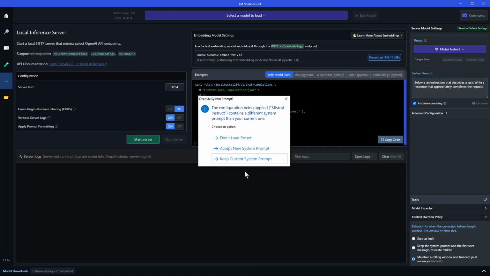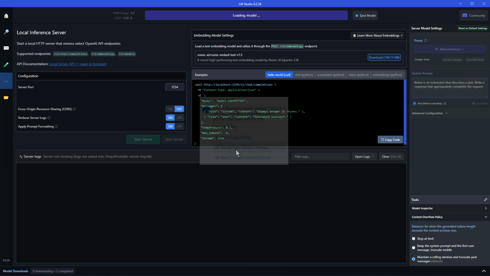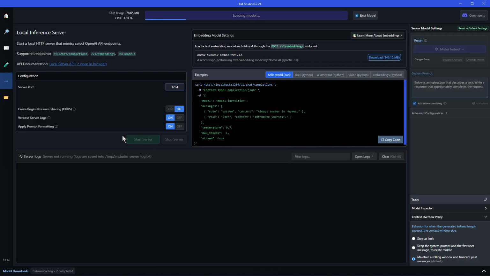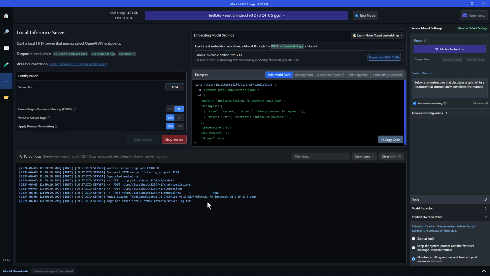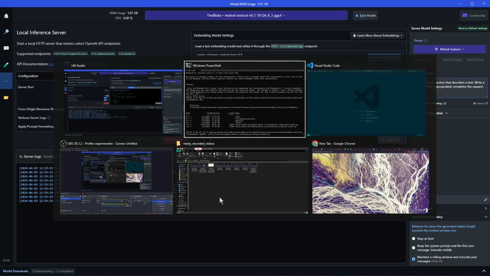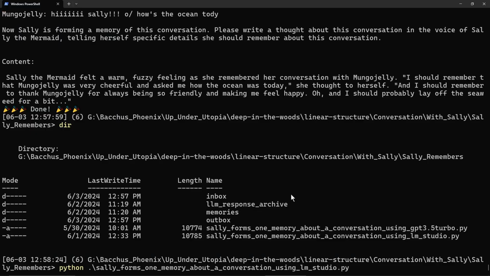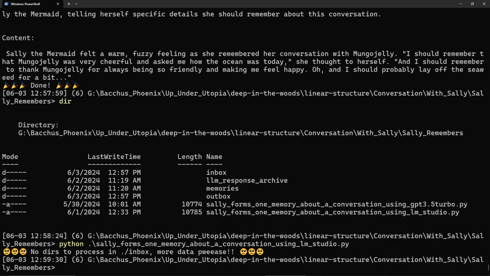I'll accept the new system prompt. I guess that sounds great. I would love a new system prompt. Now it's loading my Mistral, and now it'll work. These are amazing. This Mistral model that works on this laptop is amazing, and the Llama 3 that works in